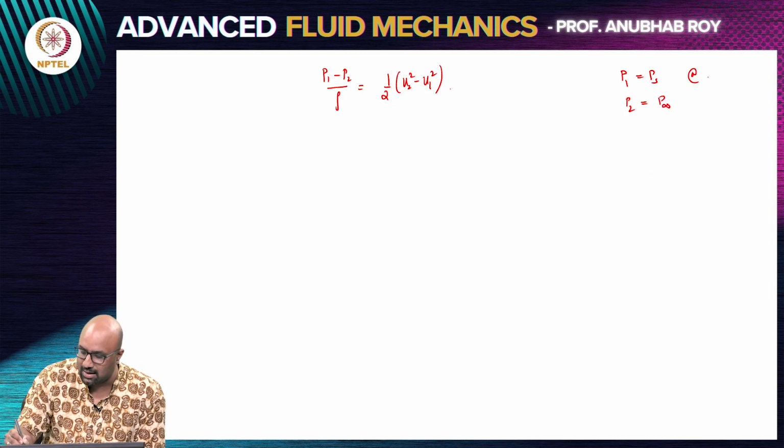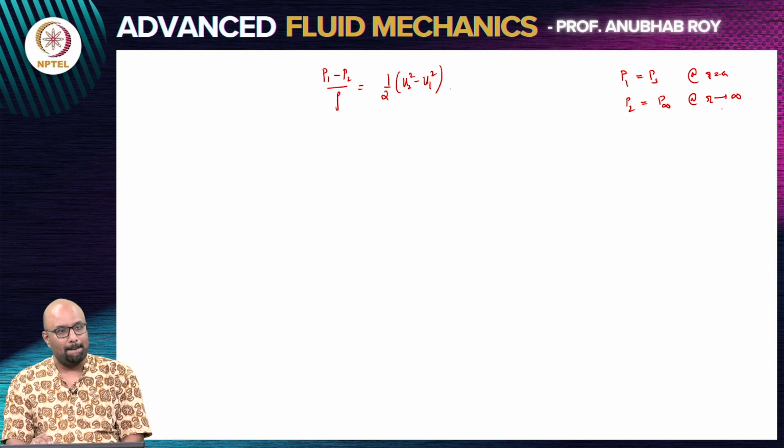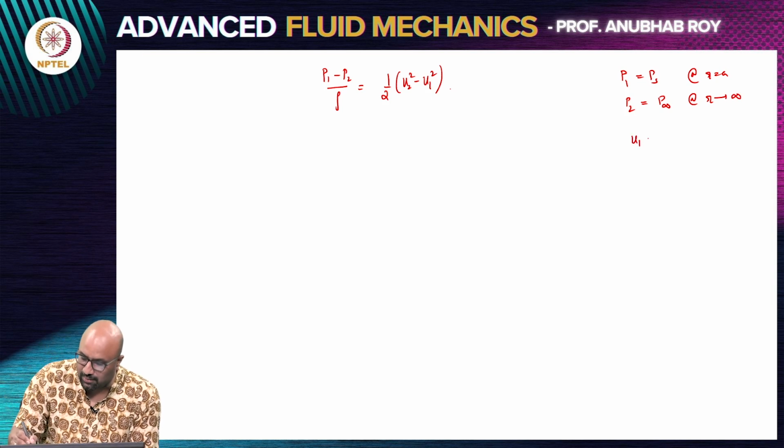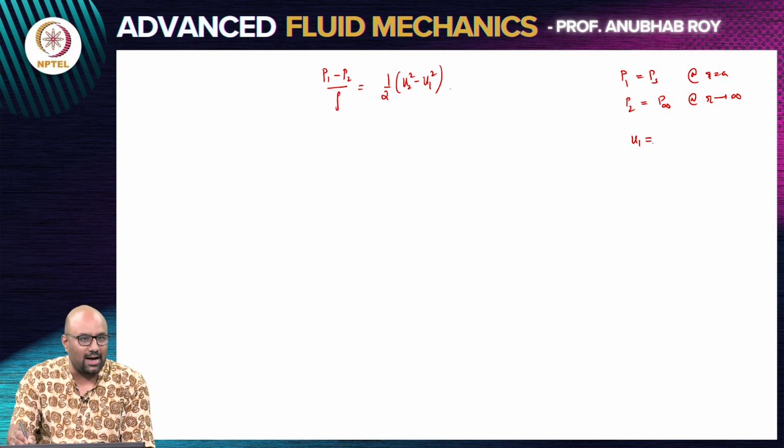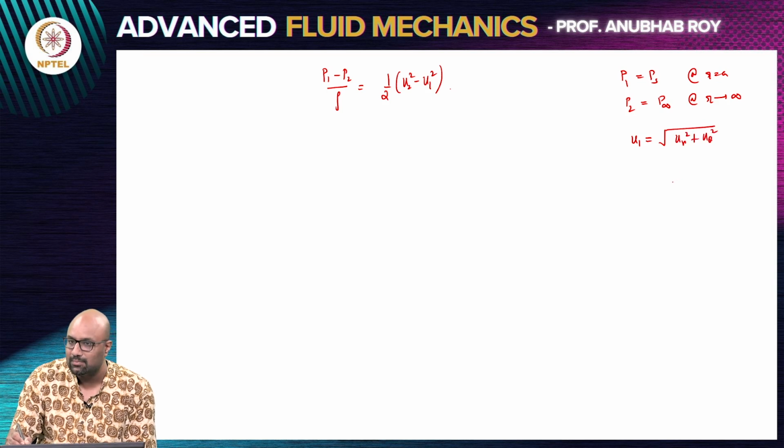So, this is at r equals a and this is r at infinity. Now, at r equals a, what is u1? u1 is the magnitude of the velocity, so u1 squared is ur square plus u theta square. Now, on the surface of the cylinder, ur is not there, so this is technically just the magnitude of the tangential velocity,